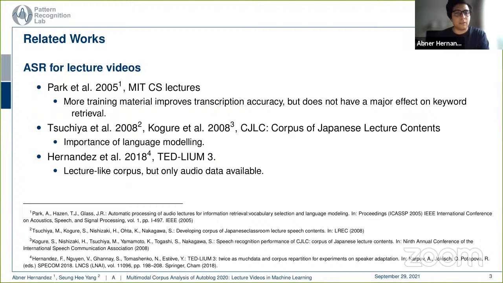And similarly, there's the TEDLium dataset, which is a lecture-like corpus, but in this case, there was only audio data available, whereas we want to look at lectures in a kind of multimodal perspective, looking at the image or the video as well as the audio data. And so these studies basically have shown the importance of adapting acoustic or language models to contain information, not